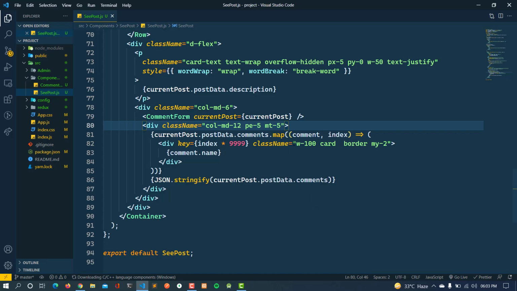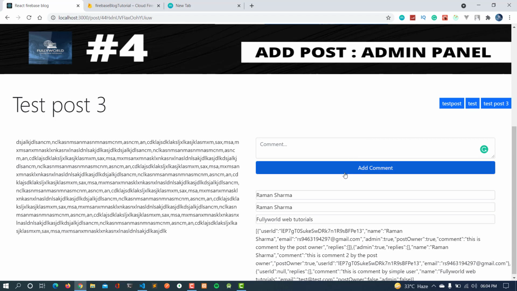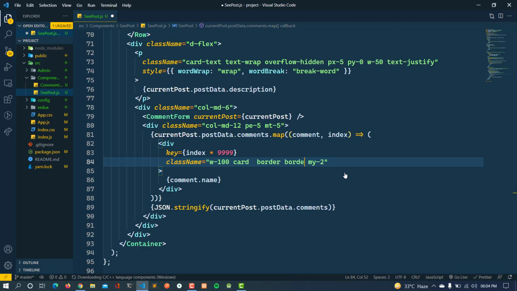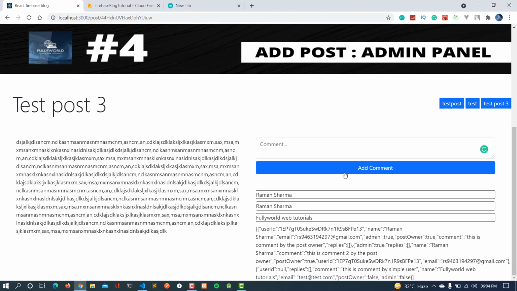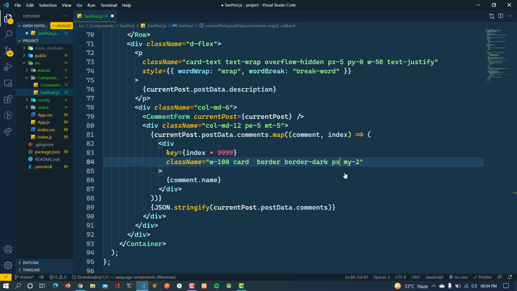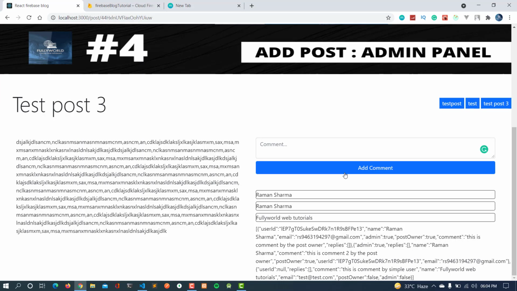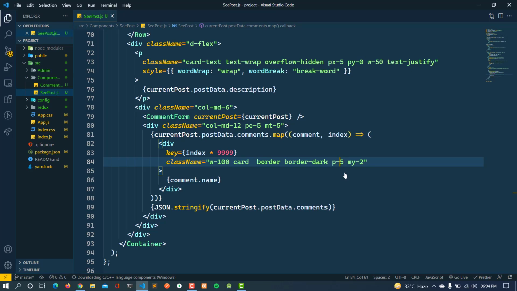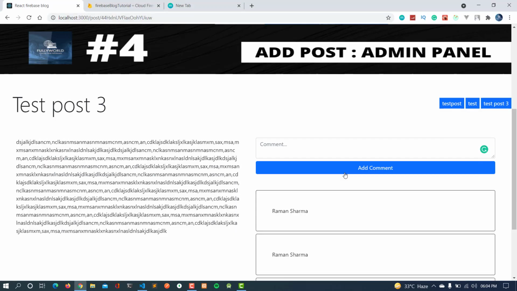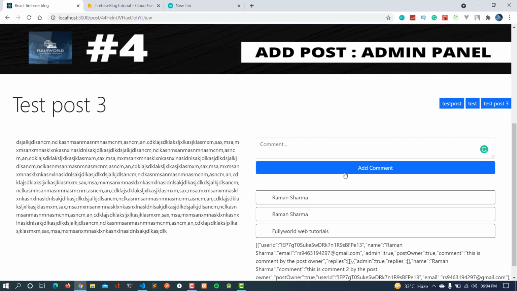I am making the border a little darker, so border 2 is okay, or border 3, no, border is okay. Then I'm going to write border-dark. This will add a dark border to this, and here I'm going to write padding. Padding x 5 and then padding y 2. Yeah, this is looking perfect now.